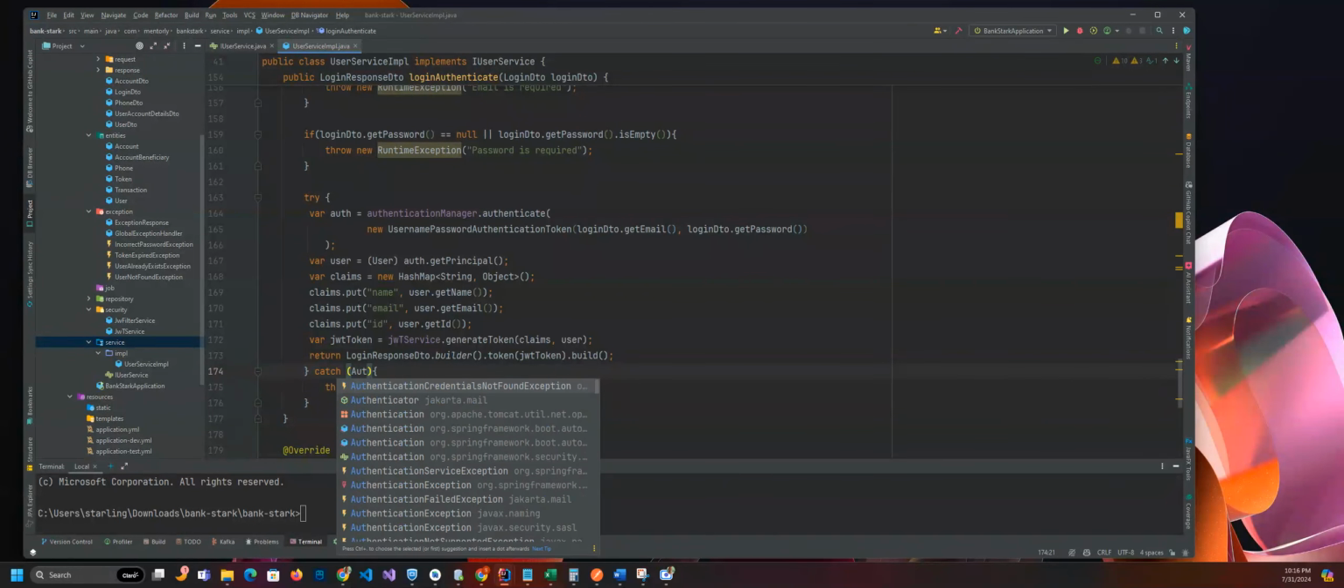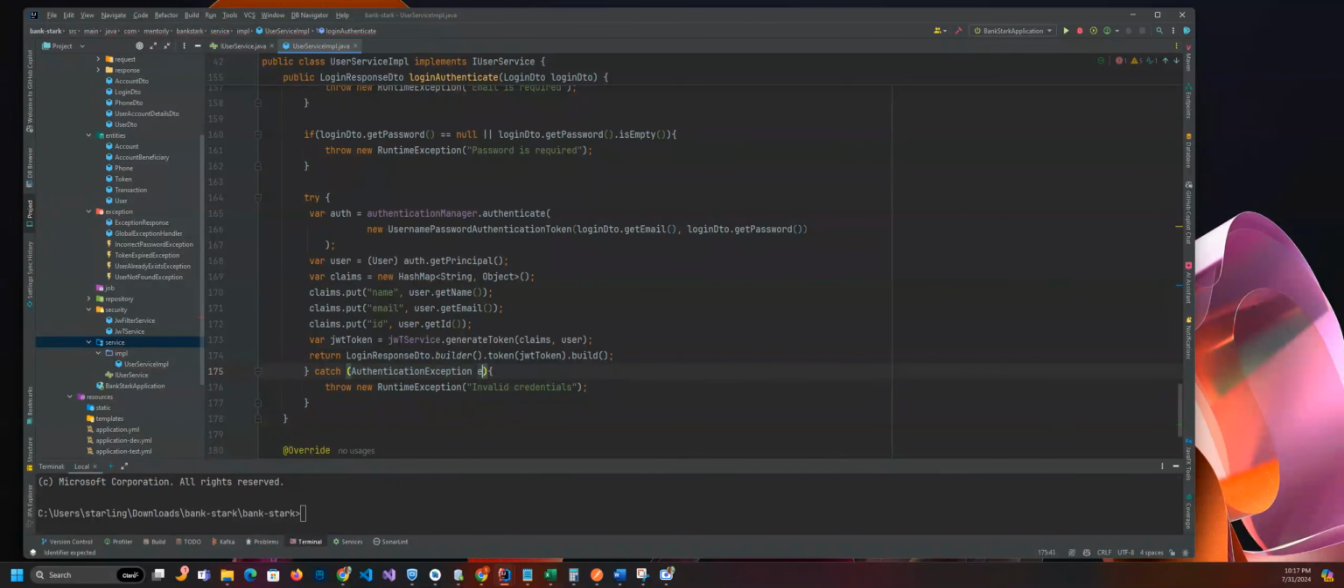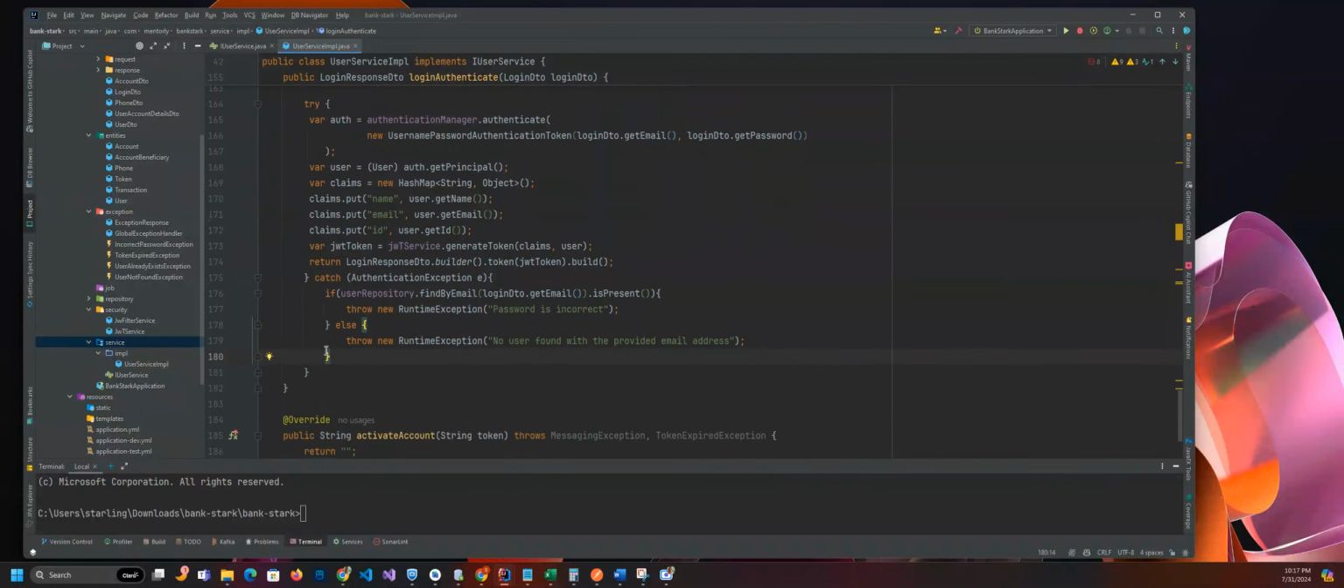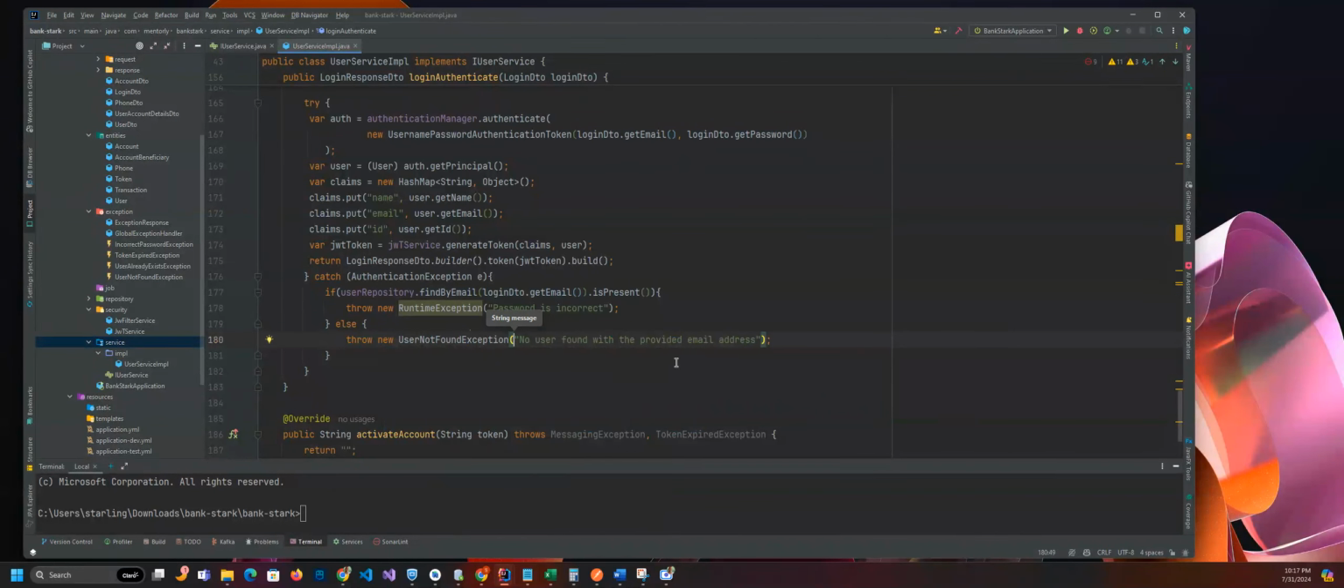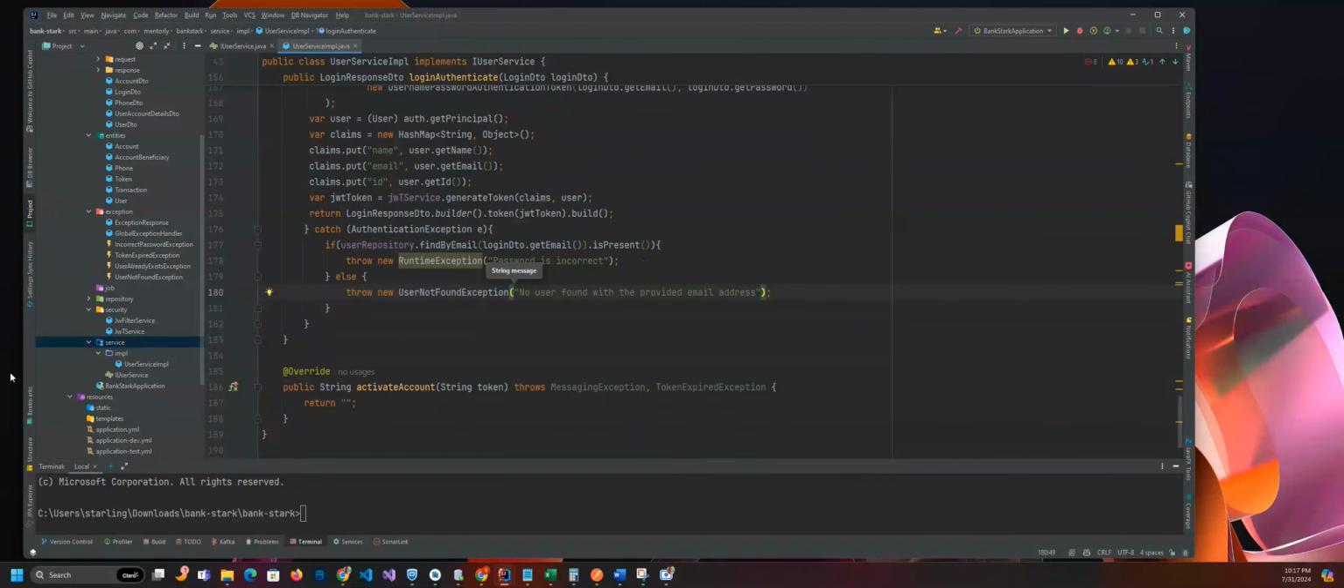Yeah. Authentication session. Yeah. And for example, we can implement here an if. Yeah, if the user repository find by ID doesn't have a password that is correct at the moment, throw a new runtime exception. In other words, user not found. Yeah, no user found with the provided email address. Perfect. Okay,